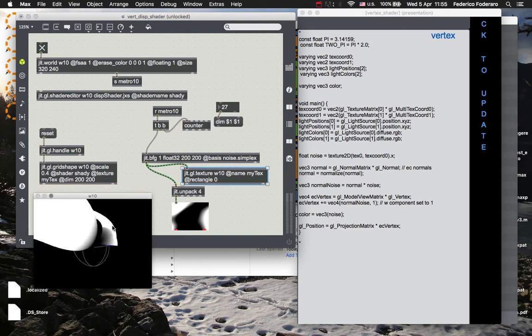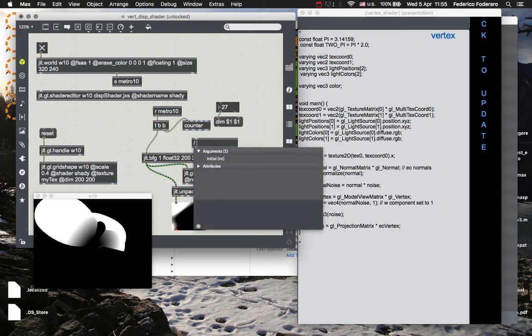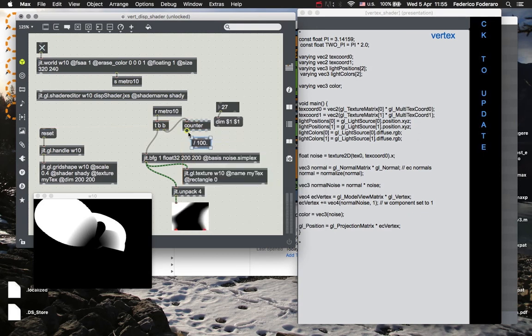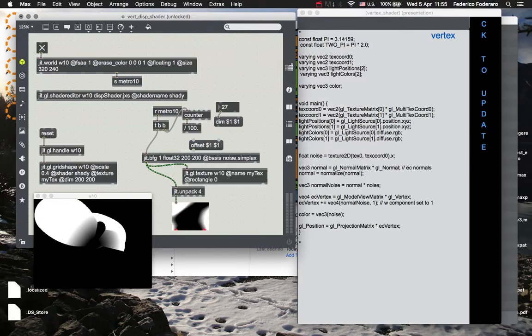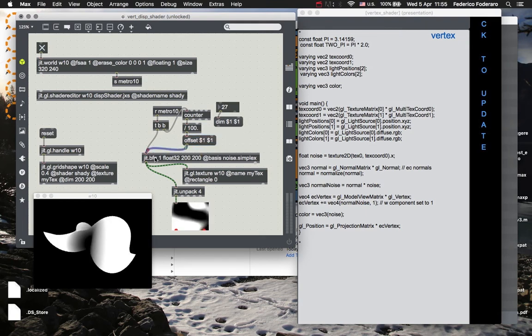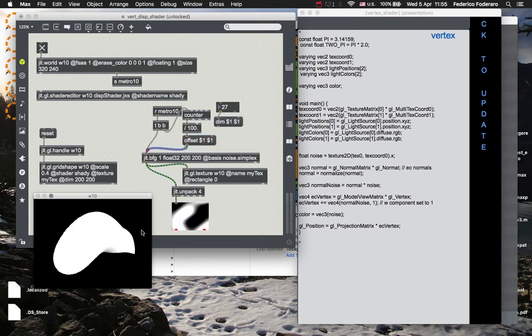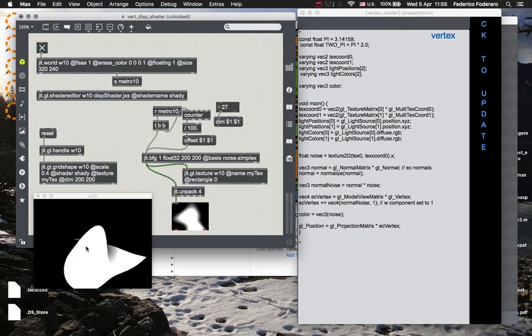You see that this is already being displaced according to the noise. Let's animate that. Let's divide that by 100, and let's use this as the offset to this texture, $1 $1, both for the x and y direction. Now we are getting this